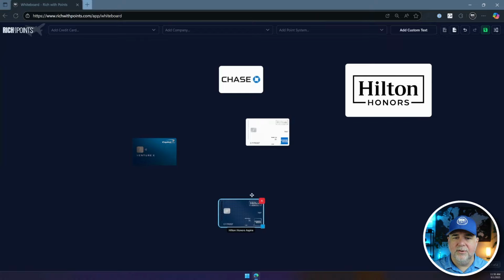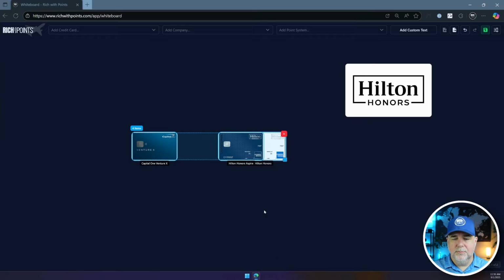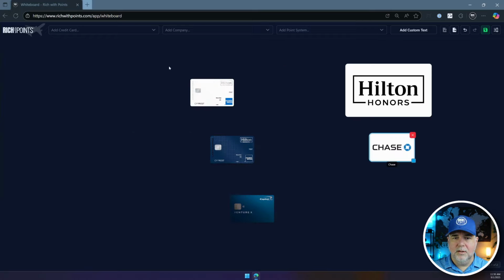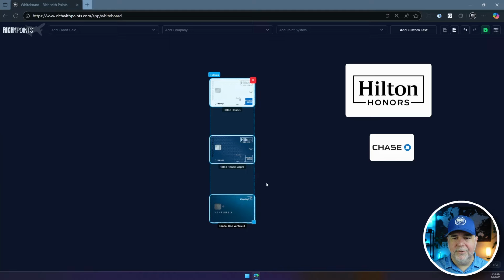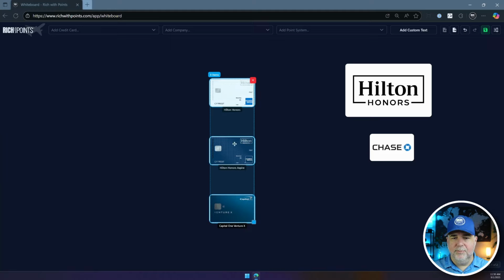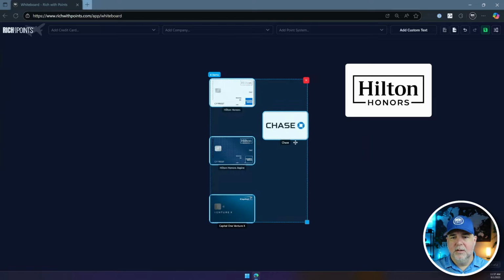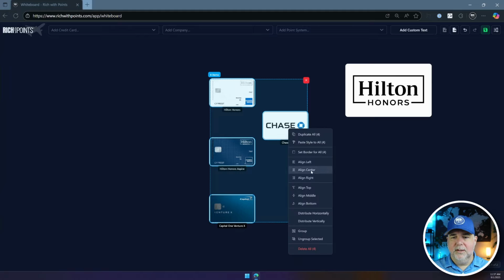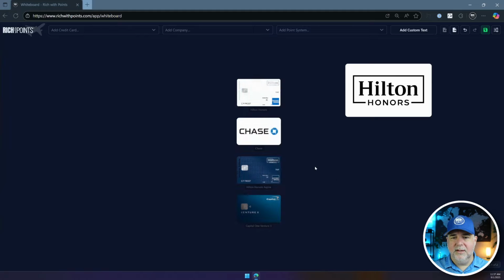So if you just had all these cards, for example here, you could lasso the whole thing, hit align middle, oops, undo. You could lasso the whole thing, align center, and then distribute vertically, and it'll make sure that they're all equally spaced apart. So let me just do one more. I'll just put this one right there, grab all these, align center, and then distribute vertically, and then they're all